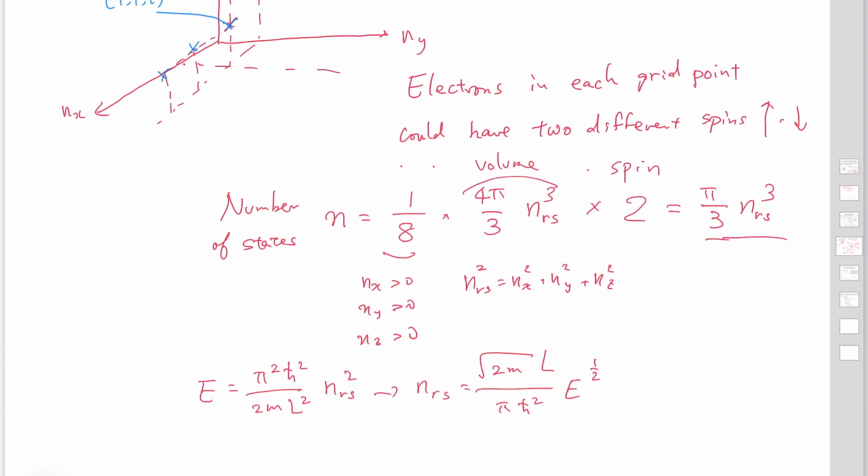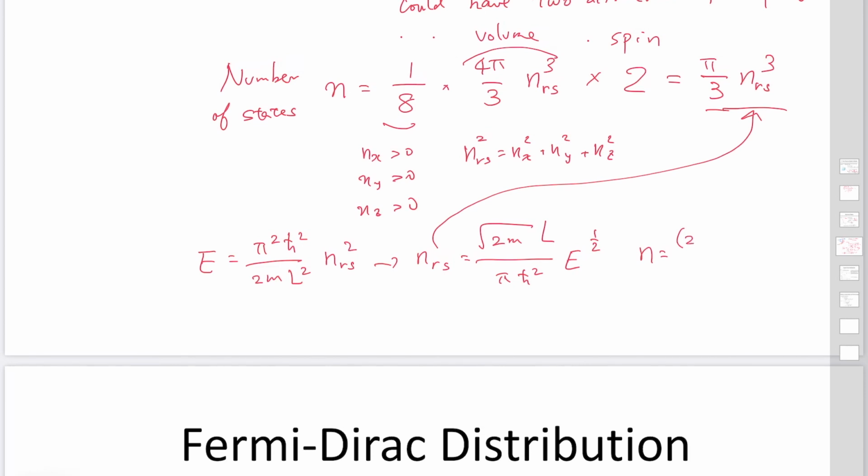Then you can substitute this here. N becomes (2m)^(3/2) L^3 over 3π² ħ³ E^(3/2). So L³ corresponds to the volume. Then you can find the number of states. Then g(E),